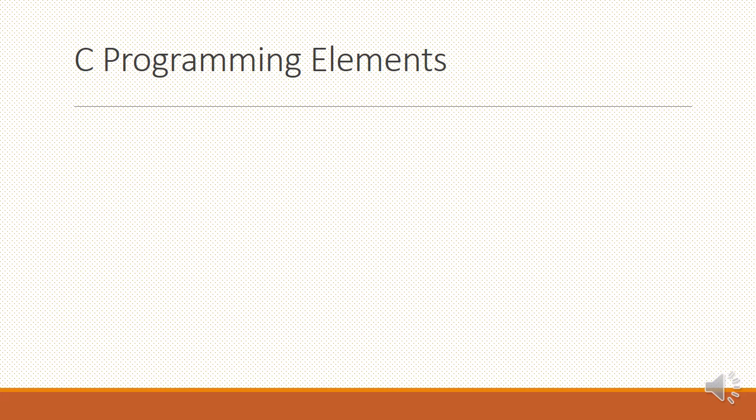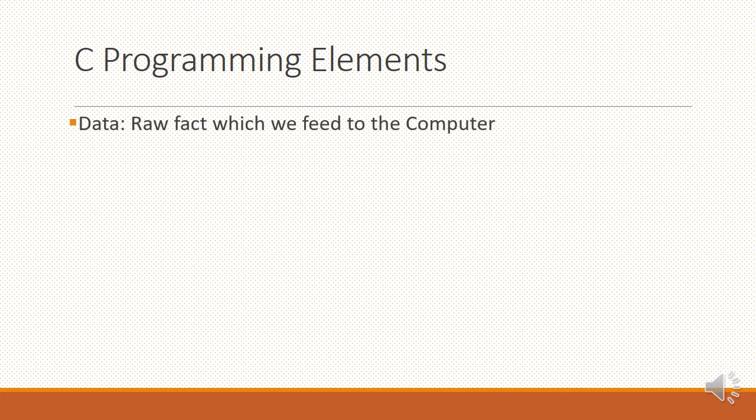First, study the C program elements. Afterwards, we are going to study the C tokens one by one. What do you mean by the C programming elements? That means, what are the things required for writing the C program? What are the things I require to write the C program? First one is